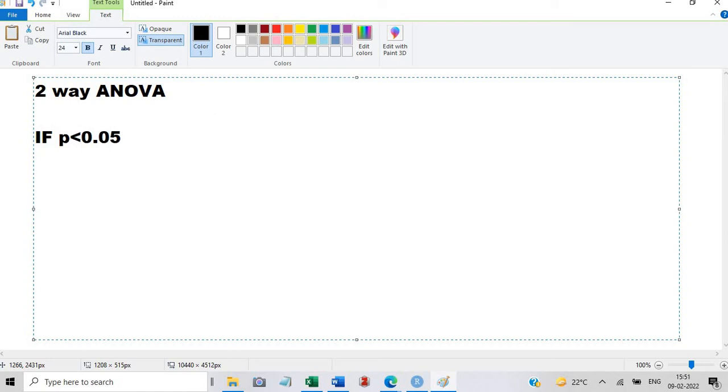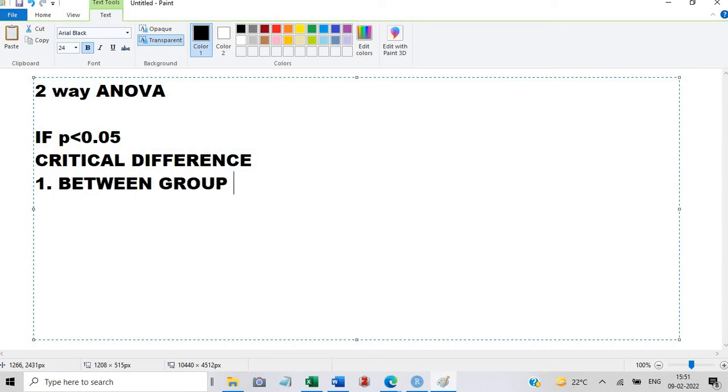Of course you will have to go for critical difference, and for two-way ANOVA there are two types. One is between group critical difference, in different time.